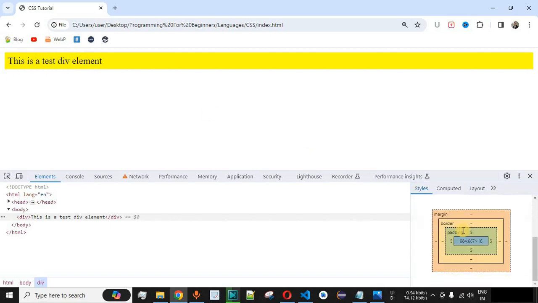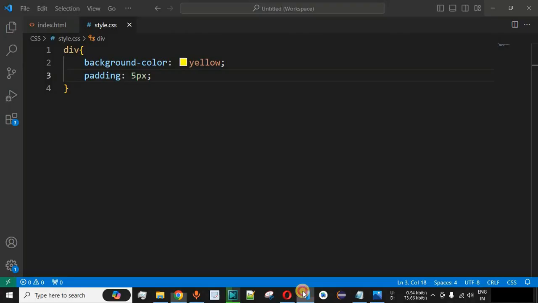When we check the box model now, for the padding part we are getting 5 pixels on all four sides, and it is highlighted in light green on the UI as well, wrapping the content. So this is the content highlighted in light green, followed by the padding which is now highlighted.